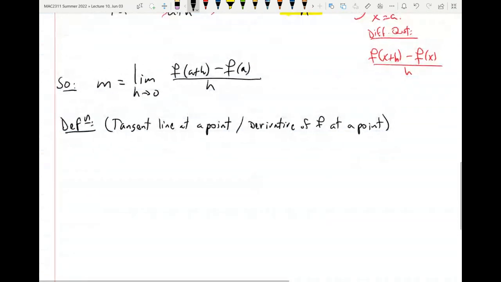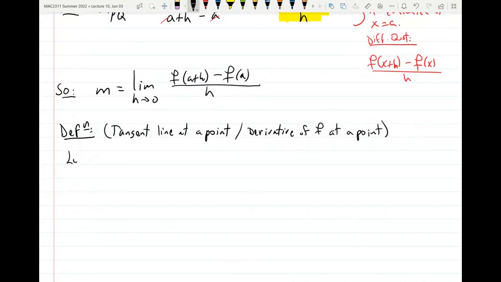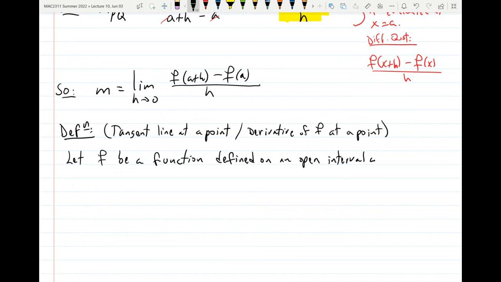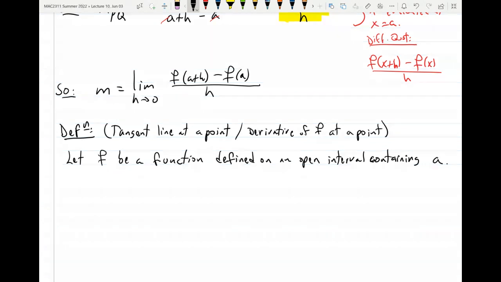Okay. All right. So suppose that we have a function. Let f be a function defined on an open interval containing a, so containing the x value a, then